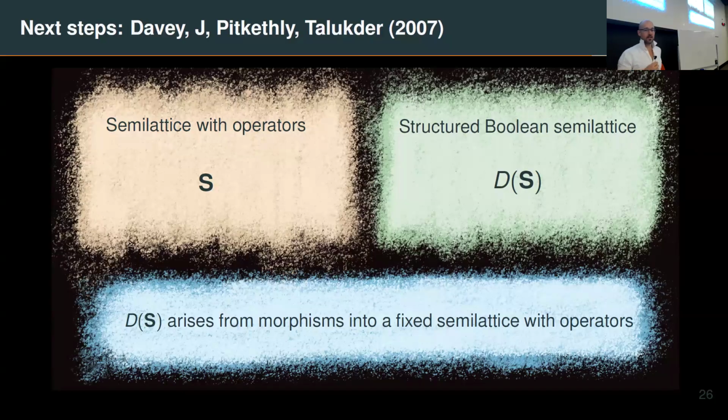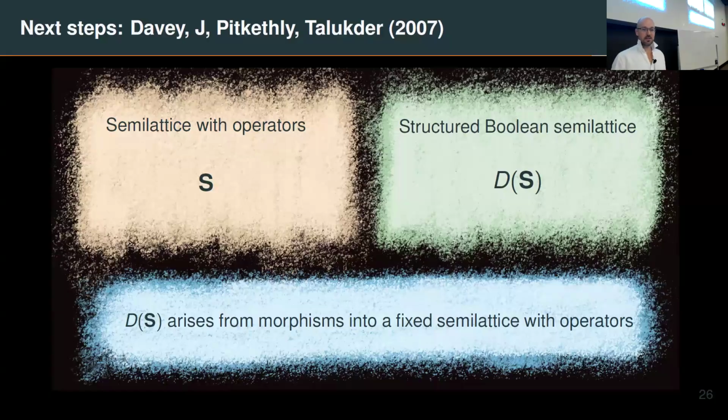So semilattices with operators, I mean a semilattice where there are some other operations that have to be homomorphisms with respect to the semilattice operation. And on the dual side, you get a sort of structured Boolean semilattice, although in the finite case, it would just be a structured semilattice. What does structured mean? Well, it just depends on what the operators were. And in fact, our proof is a theoretical one. So we never really thought about an efficient or nice duality, just that one exists.